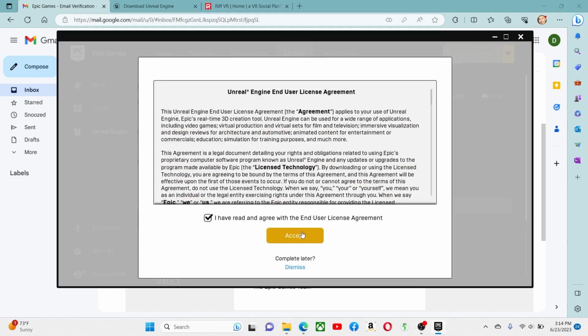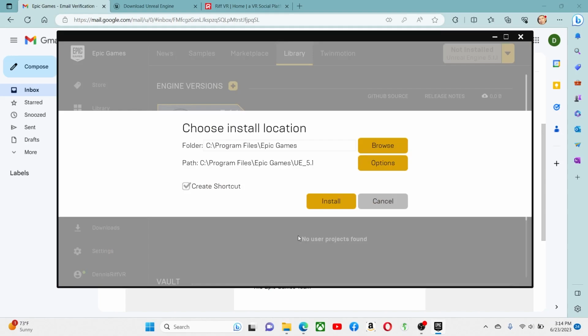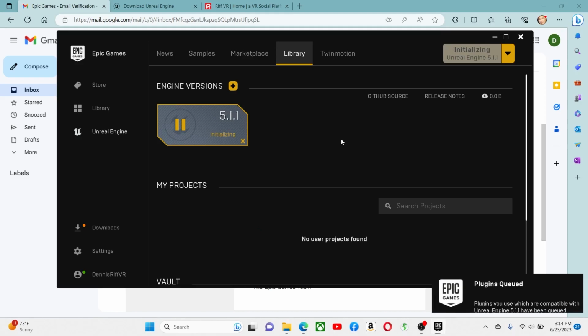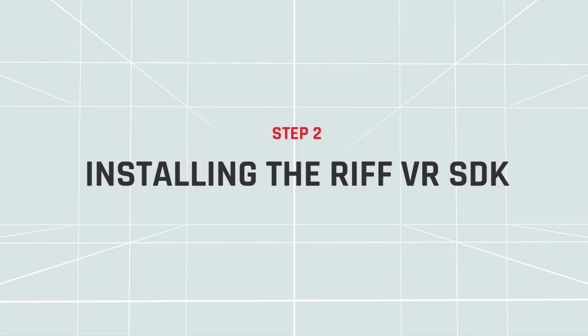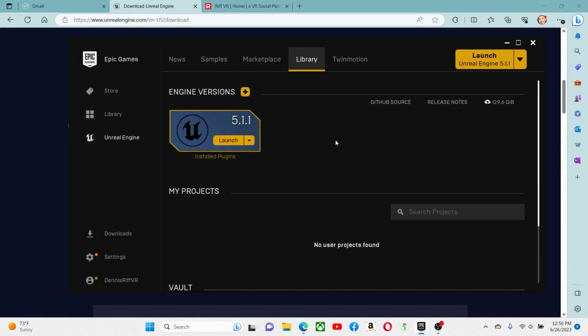Agree to the end user license agreement. And then install it into whatever folder you plan on doing it. I'm going to go with the default and create a shortcut. Now it is downloading and installing. As soon as Unreal Engine is finished downloading, you can go to